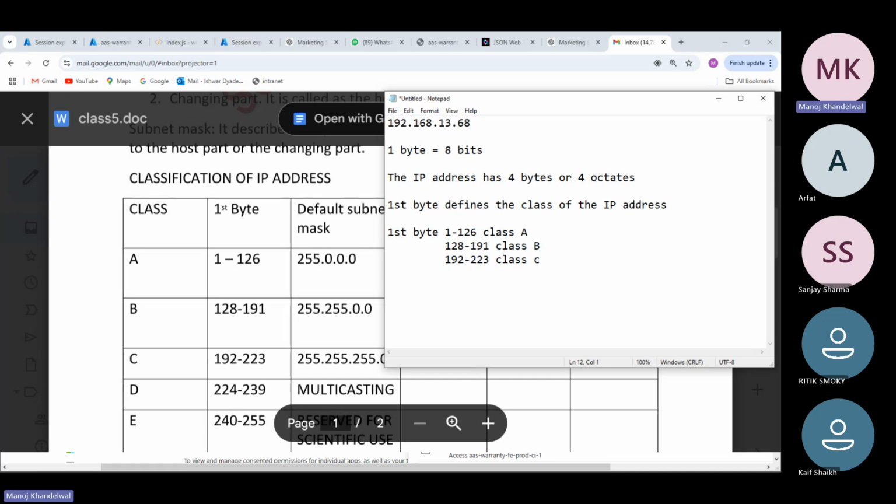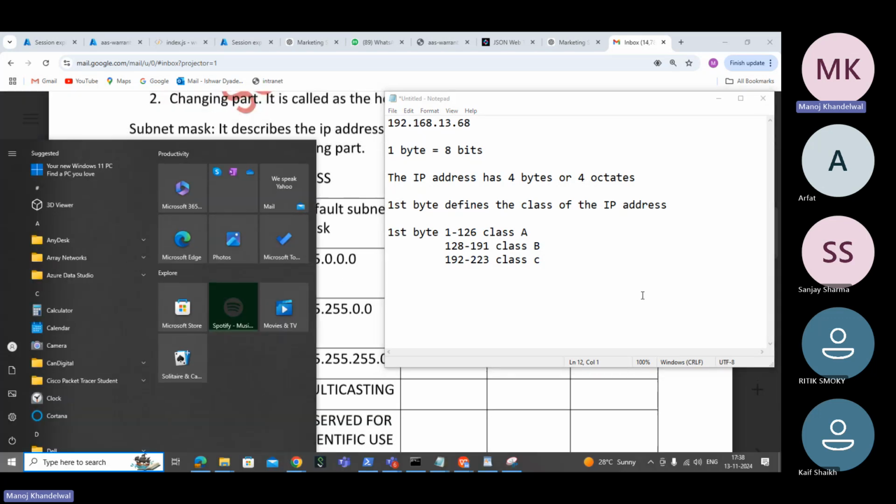All right, clear? Yes, sir. So the first byte always determines the class of the IP address. And depending on the class, the subnet mask also changes. So for example, go to